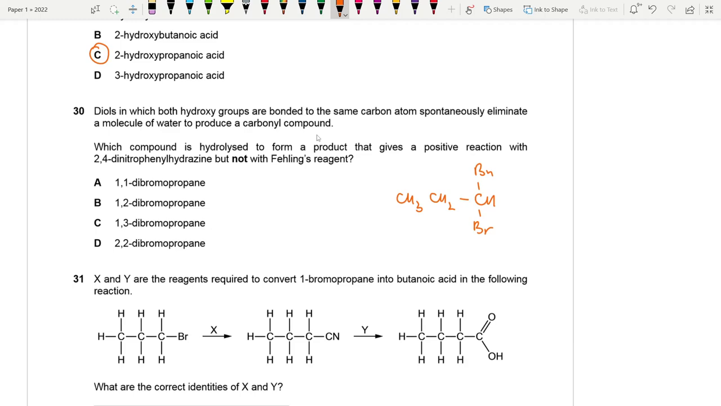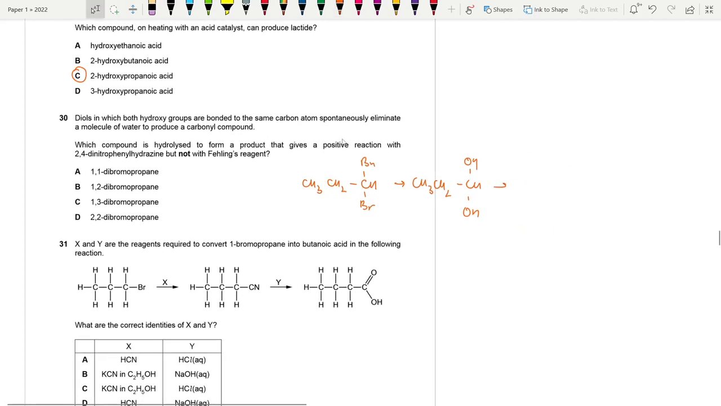So after hydrolysis, we're going to get this compound CH3CH2CHOH, and after further hydrolysis, what are we going to get? It's going to spontaneously eliminate a molecule of water. We're going to get rid of this OH and one hydrogen from here to get H2O, and we're going to get CH3CH2